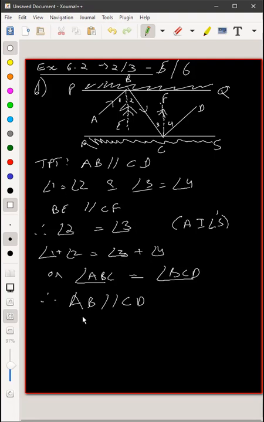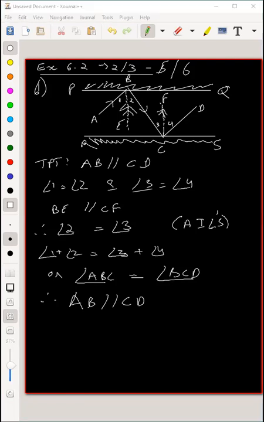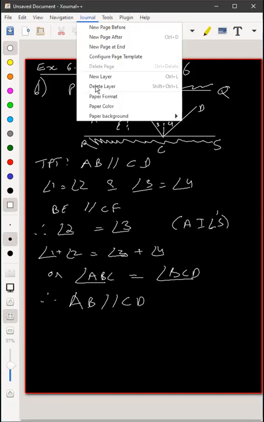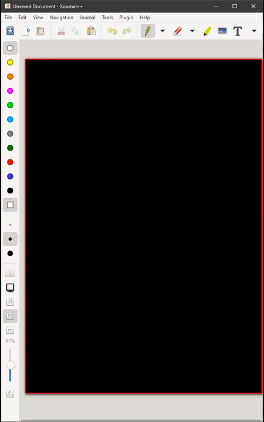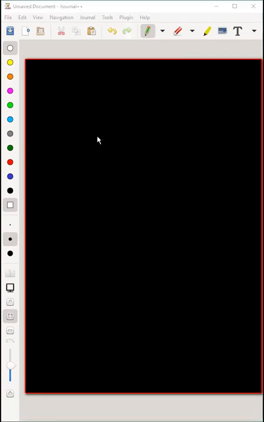Any doubts, anyone in this question? Any other question in 6.2, anyone? Okay. And 6.3, fifth question. Just give me a minute. Let me just open it. We will be taking a test, a practice worksheet, and then tests on this chapter. So if anybody has any doubts, please open up and ask.